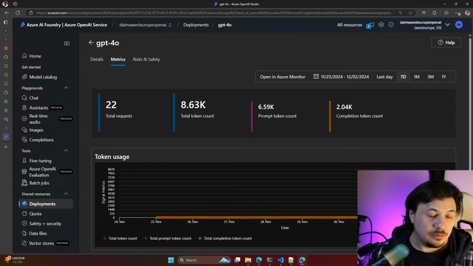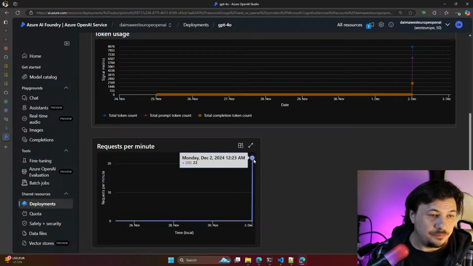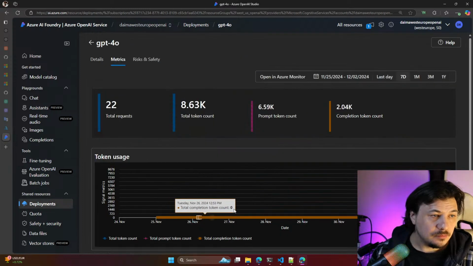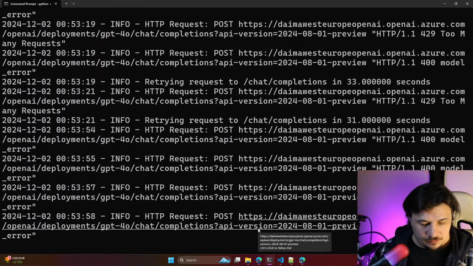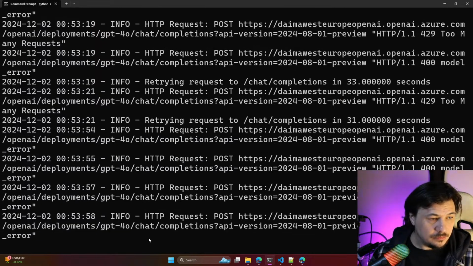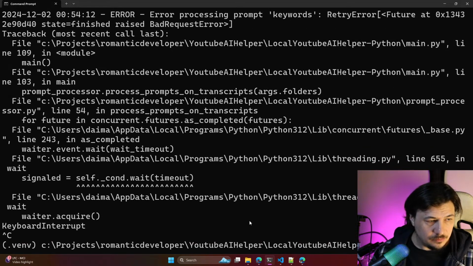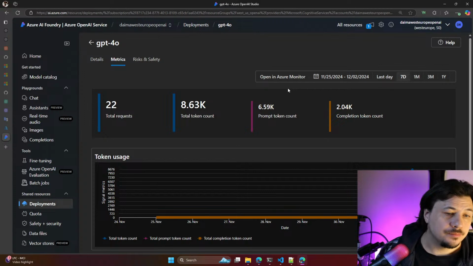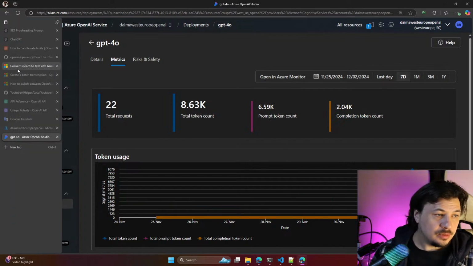Token count just 2000. Request per minute 20. Okay, let's try to see what can cause a model error.